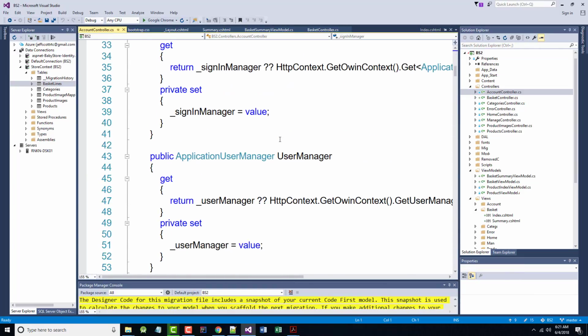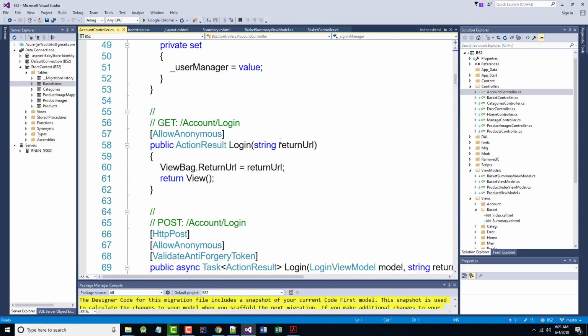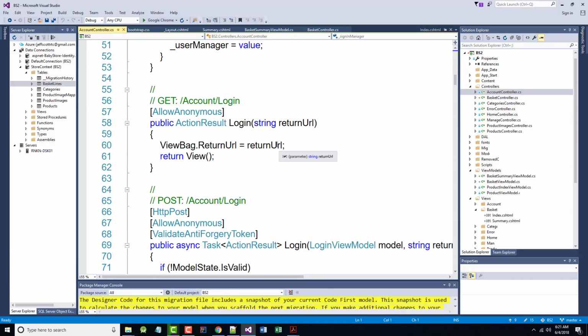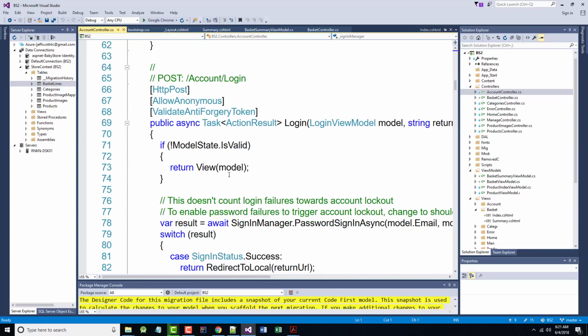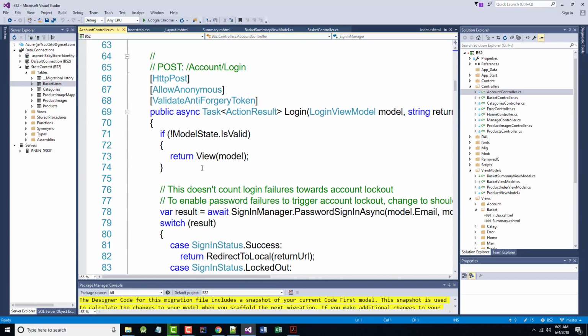Again, this literally is the login method. That's what we're talking about here. So this is in the post, right here, right after